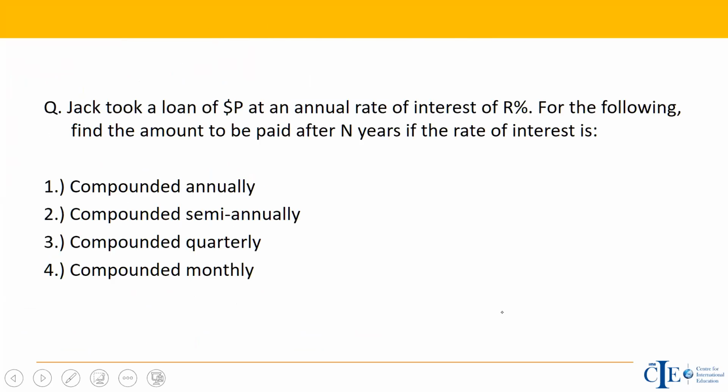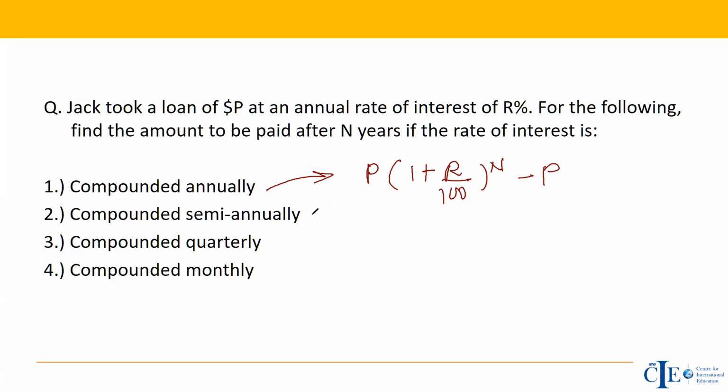Now, in this case, let's see how the compound interest formula would look annually, semi-annually, quarterly, and on a monthly basis. On an annual basis, I'll just deduce it for the amount only. It's just the minus principal that we need to do. So annually, the amount value is P(1 + R/100)^N, and then we use minus P, which should be the case for the annual basis.